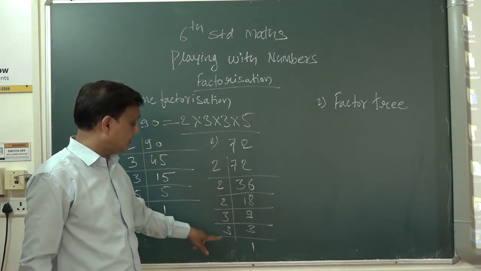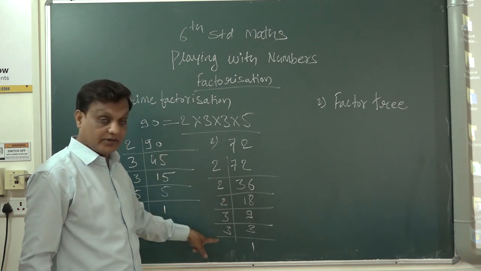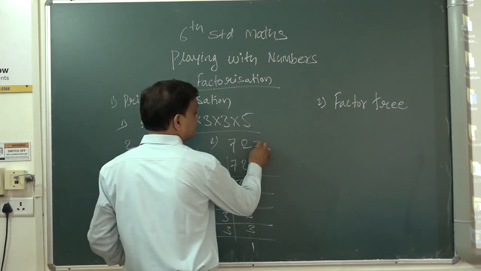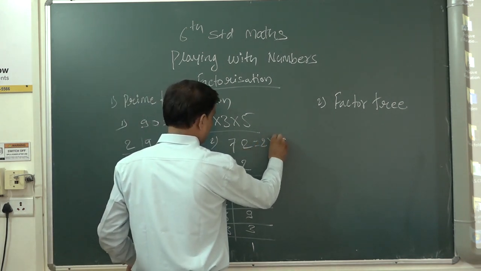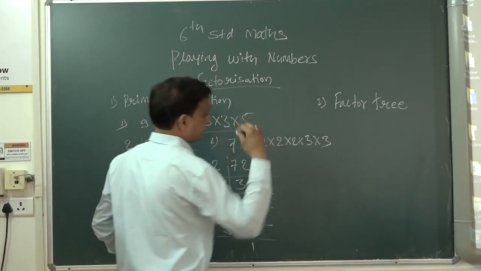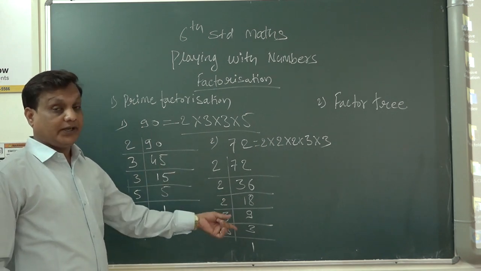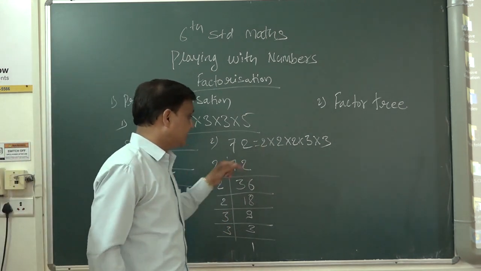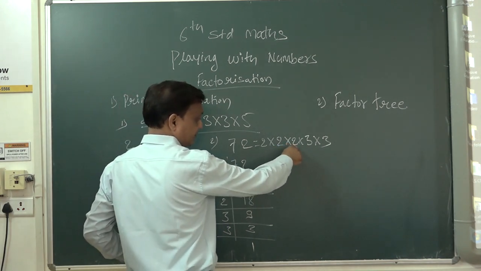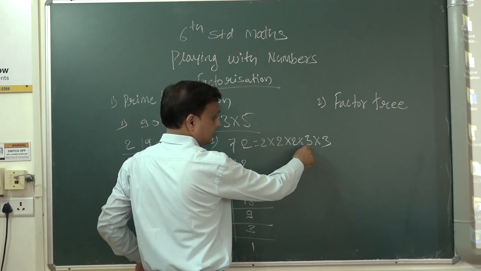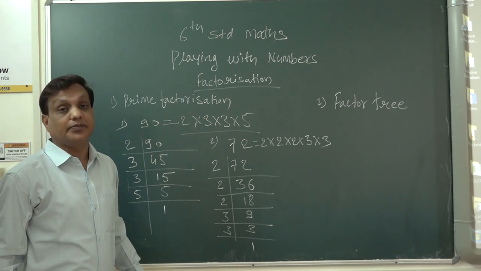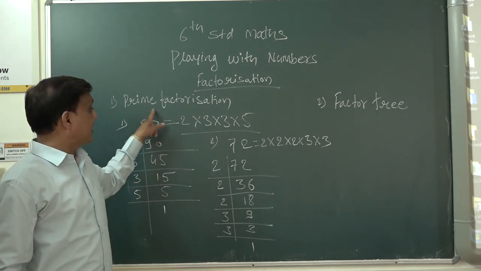If you see, these all are the prime numbers. Again you have to multiply all the prime numbers, and you will get 72. So what are the prime factors of 72? 2 into 2 into 2 into 3 into 3. Now if you multiply that, the product of these factors is 72. 2 2s are 4. 4 2s are 8. 8 3s are 24. And 24 3s are 72. In this way, we can find the prime factors with the prime factorization.